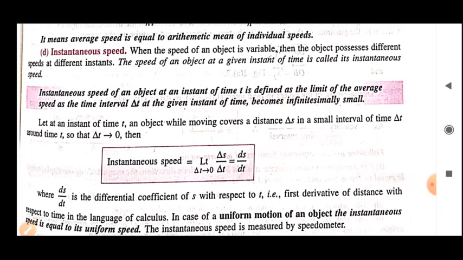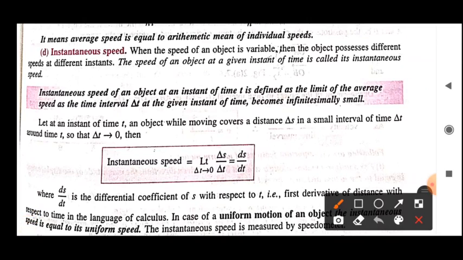Now let's see the next one. What is instantaneous speed? The fourth type of speed, let's see. Instantaneous speed is exactly what? For any particular instant, what is the speed of the body? We don't know how much distance it has travelled in different intervals, or with what speed it has covered the distances. We don't know anything. We just want to know at present, at any instant, what is the speed. That is called instantaneous speed. It means the speed at a given instant.